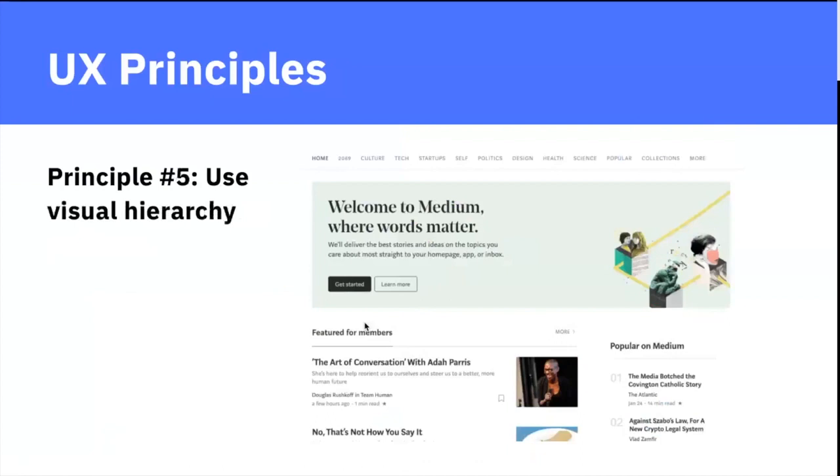5 is use visual hierarchy. Visual hierarchy is the arrangement of the elements in a way that implies relative important information to the user. The design rule is to guide the order in which the eyes perceive information and how information is presented. The way we perceive information